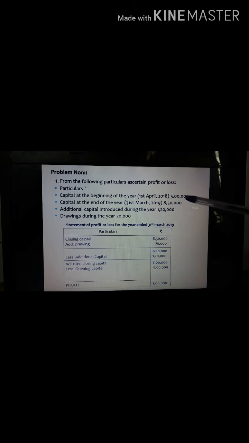So likewise we have to prepare one illustration problem and one exercise problem. You have to work out problem number 2, page number 32. In page number 32 there is one exercise problem. You have to work out that problem, then only will you understand how to prepare a statement of profit. So don't forget to work out the problem. You must work out problem number 2, page number 32.